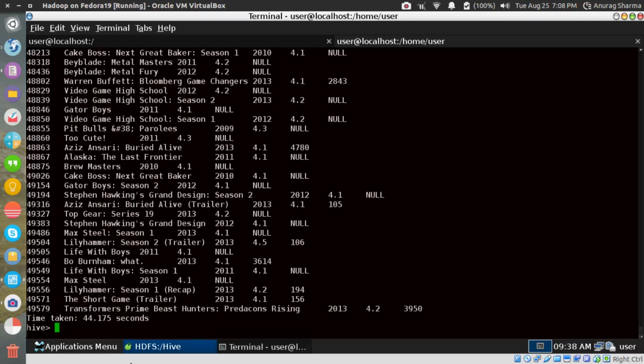It was pretty quick, right? Given the particular data set, it might seem like, why is it taking so long? That is 44 seconds it has taken. But given the proper environment, and this is just a 2 MB file, even if the file were 2 GB, it would take more or less a minute. That's the speed of Hadoop. I cannot show you the speed here because the data I have isn't big data, but if you have big data, it would take more or less the same time given the proper setup. Setup also plays an important role.